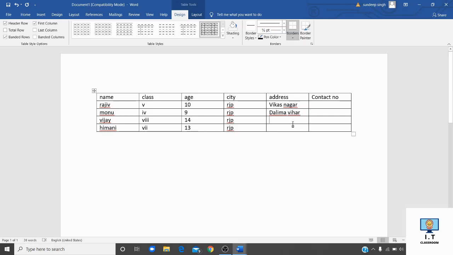As I am entering here. Here you have to enter addresses. After entering the addresses, then in the last column, you have to enter the contact number.